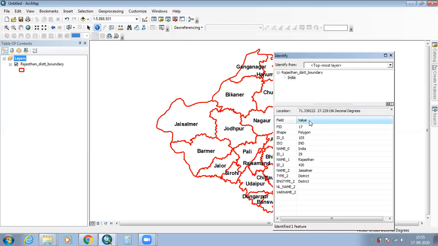And what are the fields? These are the field names and these are the attribute data. Which district is it? Here we use the district boundary, so this identify tool will identify which district. This district is Jaisalmer and this district is Jodhpur. This is Bikaner. So just by clicking on it, we can display the attribute data.